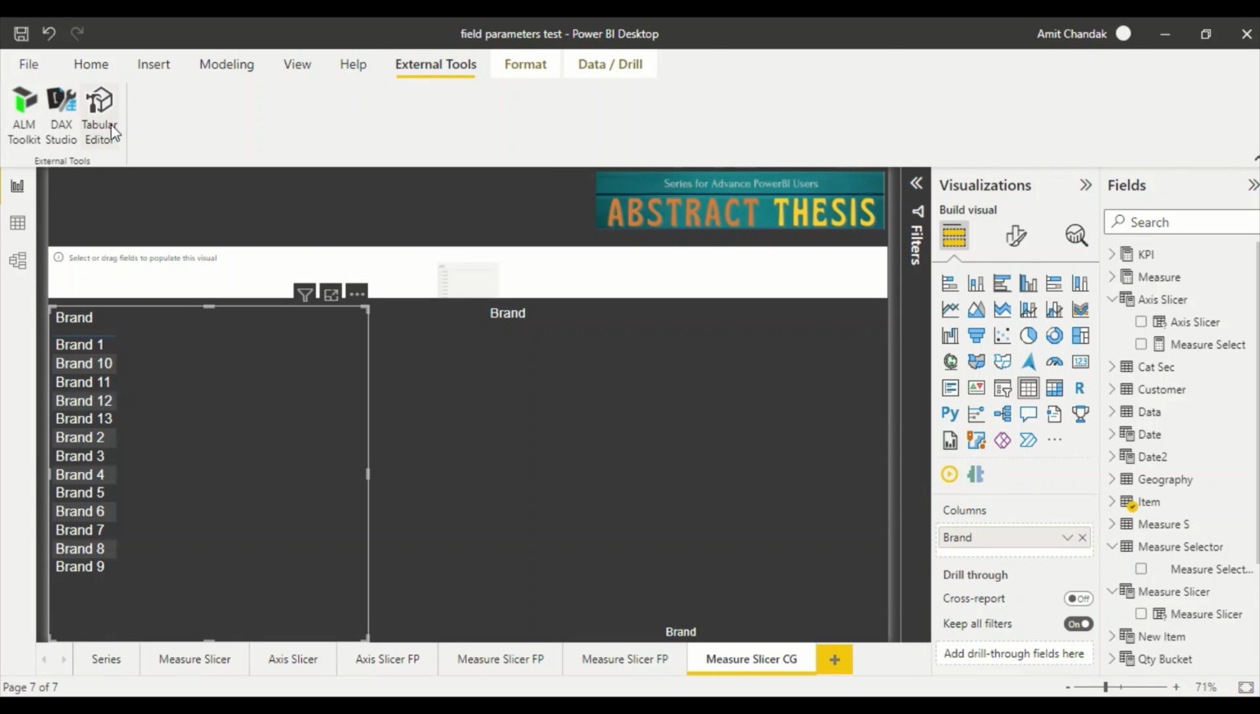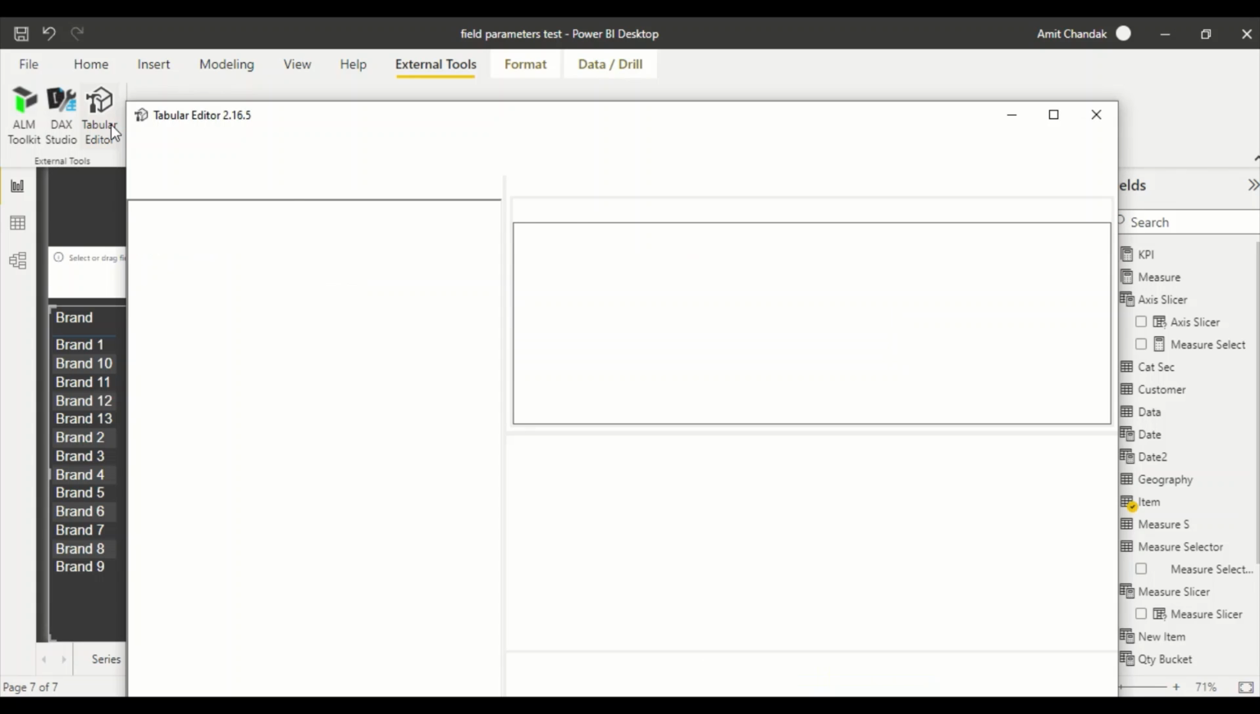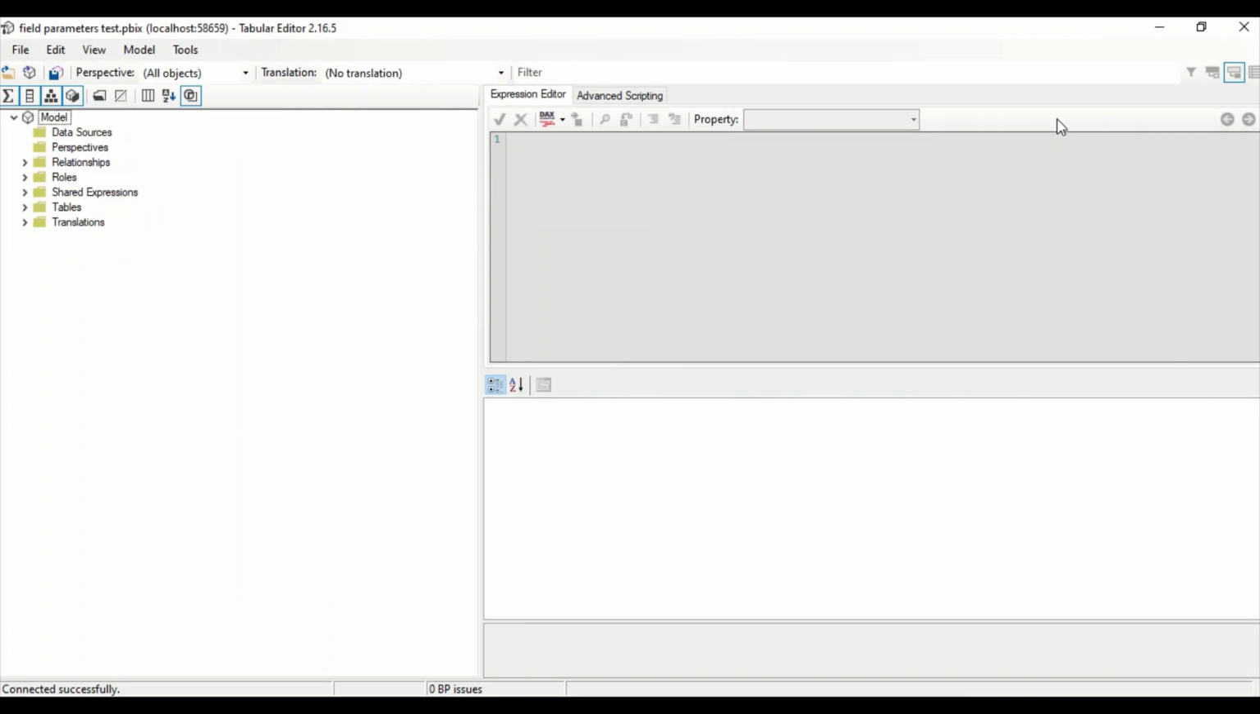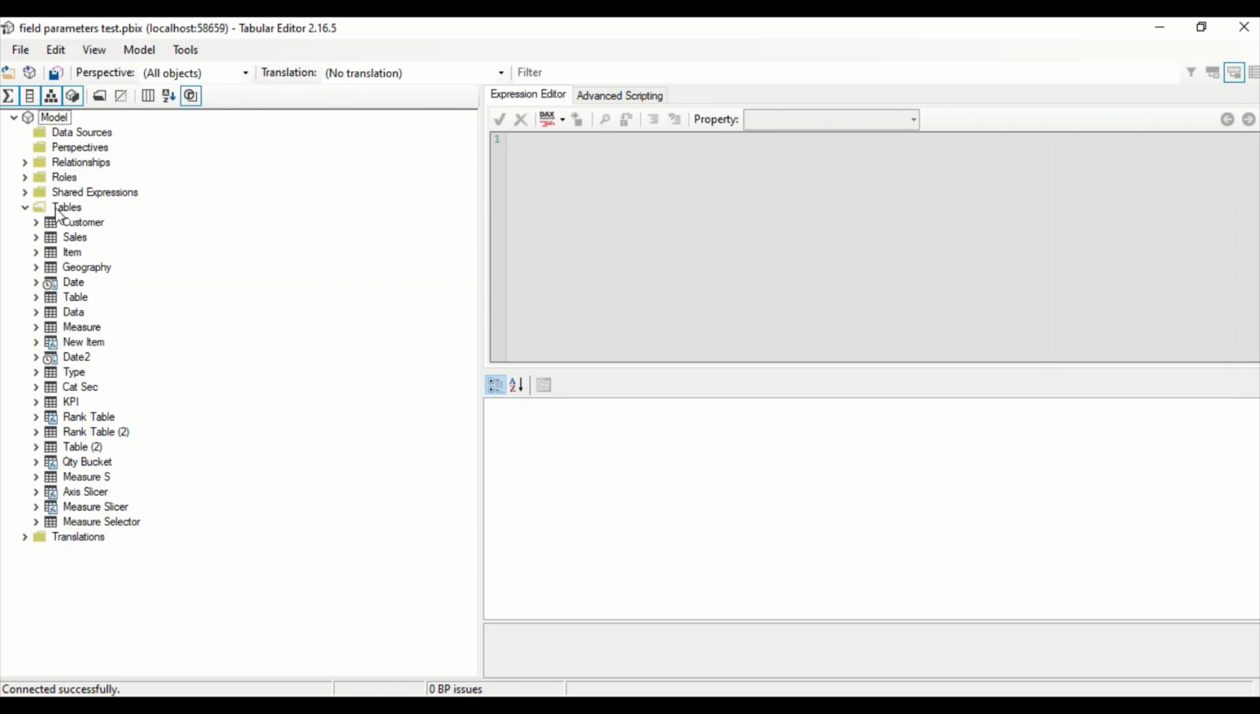There are two versions, Tabular Editor 2 and Tabular Editor 3. 2 is open source, 3 has a free trial, and you can take the paid version later. So let's have Tabular Editor 2. I am using Tabular Editor 2, and if I open it, this is how it's going to open. I can look at my tables, but the thing which I'm going to do is right click and